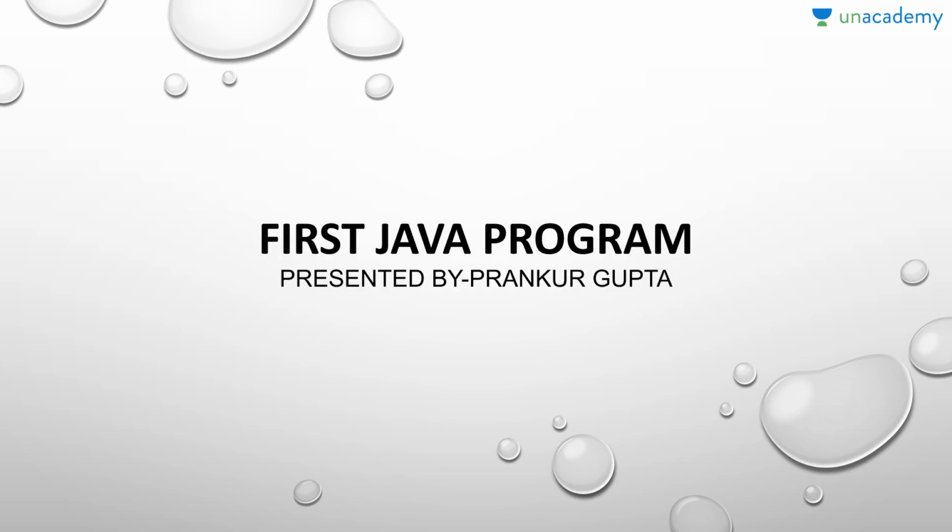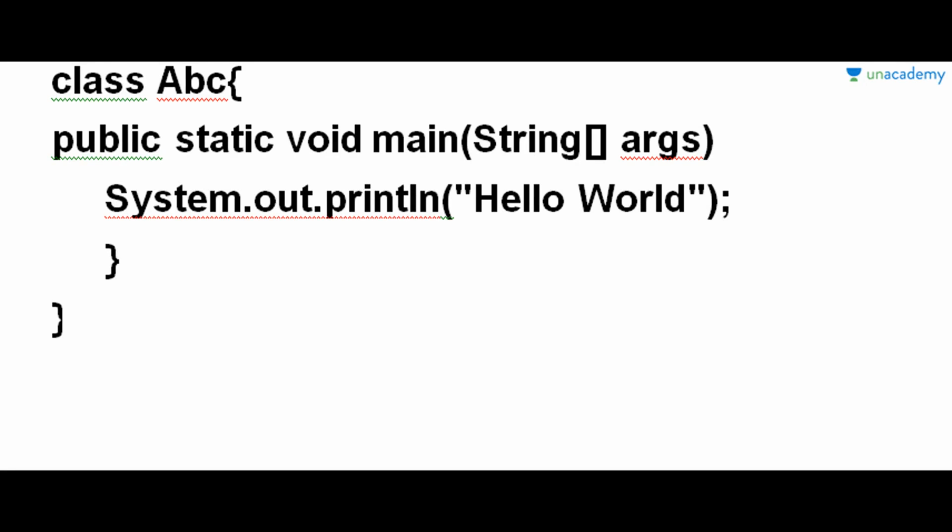In this lesson, I am going to explore a simple Java program. This is a simple code for printing Hello World on console. Program starts with a class named AMC, where class is a keyword, under which this class we have a main function. This main function is starting with public keyword, which means this main function can be accessed from anywhere outside the class.